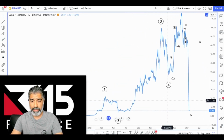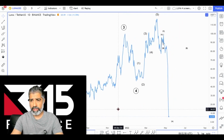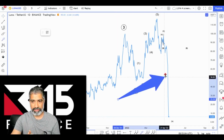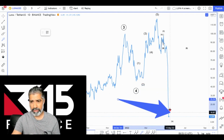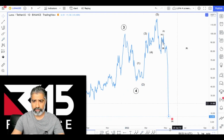Even though it's this steep, I don't think the correction's over, believe it or not, right? And I might need to look at some of the fundamentals, because normally when it's this deep, there's probably some type of negative news that's panicked the market more than even just Bitcoin being down, and it's been a massive sell-off. Because when you get a 1, 2, 3, 4, 5, right,